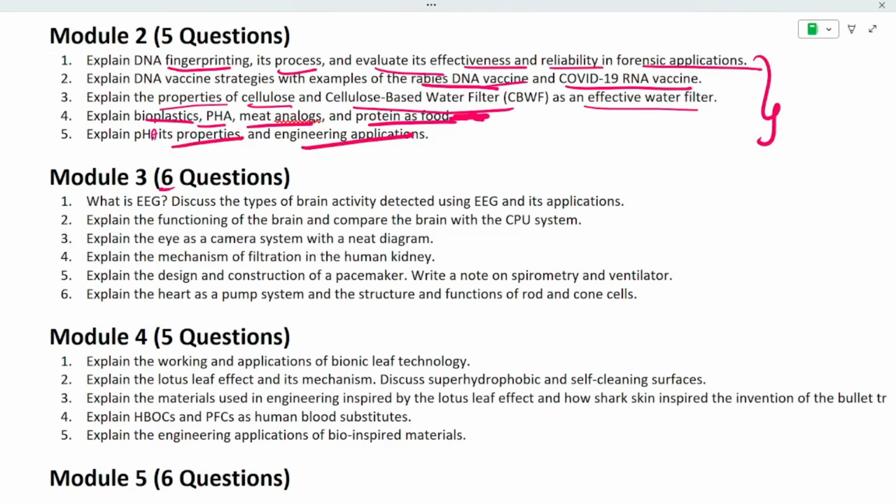If you study these 5 questions, again you can score at least 13 plus marks in this module. Okay, protein as food, and also meat analog as protein as food, mainly will be repeated very much. Okay, next